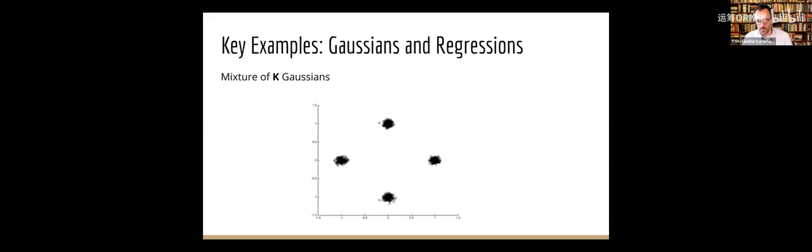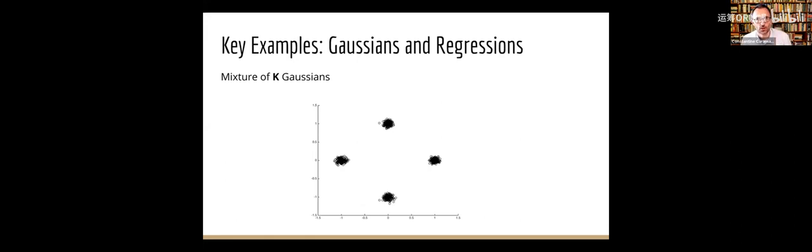Though, as in the title and the abstract, it's really log-concavity of the distributions that I'm mixing that is the key property. But also, for some of the specific sample complexity and statistical rate results, I will be using further properties of Gaussians and regressions. Besides that, they're a lot easier to draw. In fact, mixture of Gaussians is the easiest for me to draw. So those are some of the reasons that I'll be focusing on these specific models.